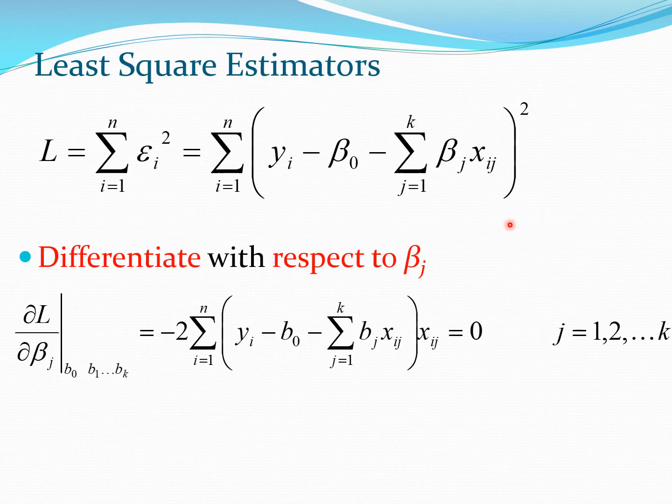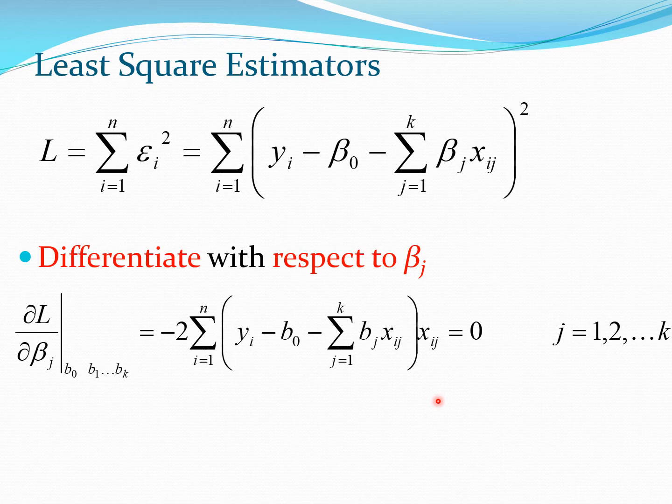So again, we take the L and we differentiate with respect to beta j. So this is this beta j here. Now again, there will be a negative 2 coming from the square and the negative sign here, and you'll get this back here. And then you need to differentiate this part. So this is going to throw x_ij at you. So essentially, this is the second